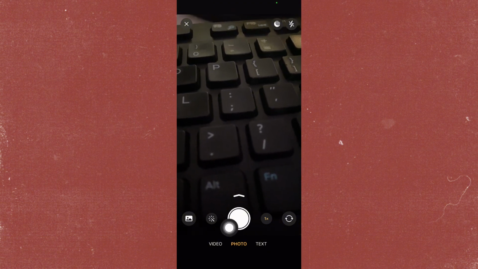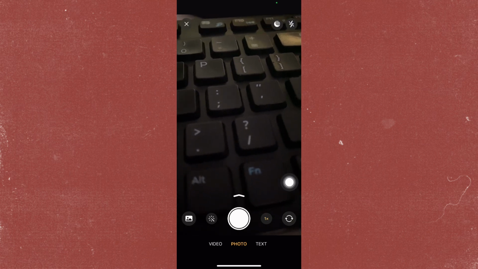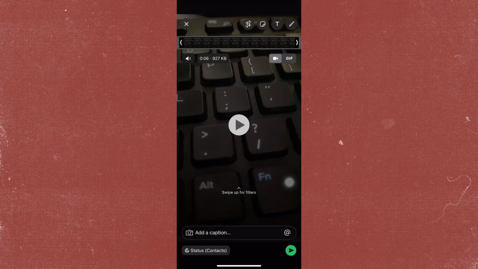And then while the music is playing, record the video by holding the capture button. So you just have to long press this button right here. It will turn red, and then depends on you and how much duration you wanna put in. And then once you're done with that, you can also add